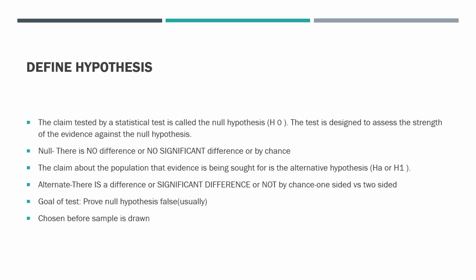Null hypothesis states there is no difference. There is no significant difference, or whatever difference you are getting through statistical analysis is by chance, due to an error in your data. Correct? That is null. So the claim about the population that evidence is being sought for is the alternate hypothesis. So you are trying to bring evidence for your alternate hypothesis, where you say that the newer drug is better